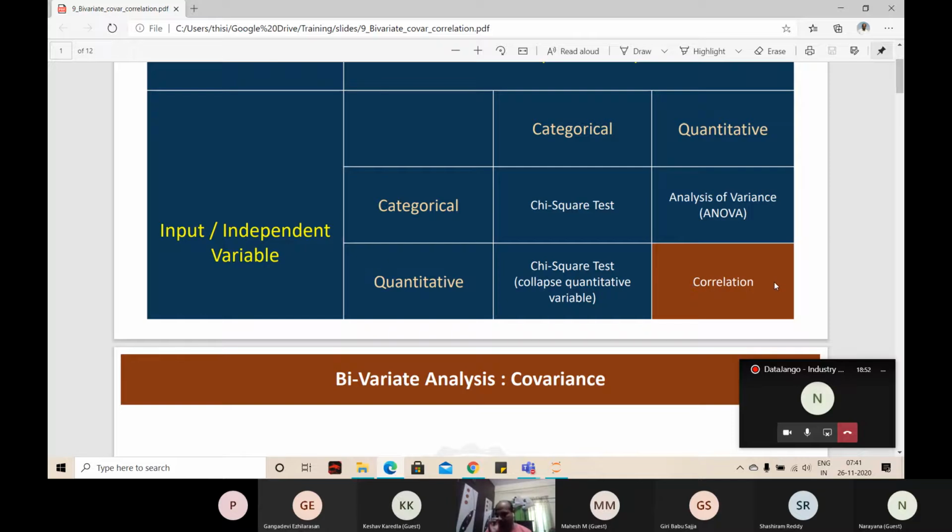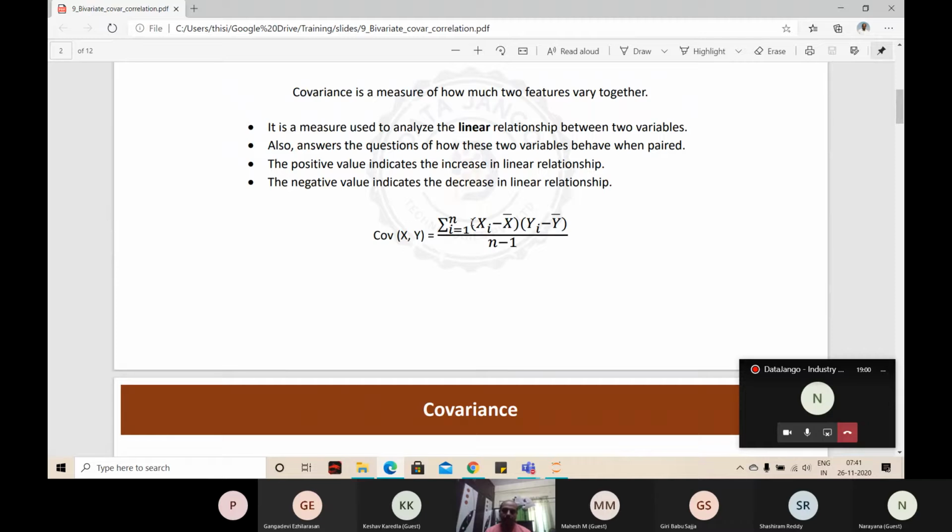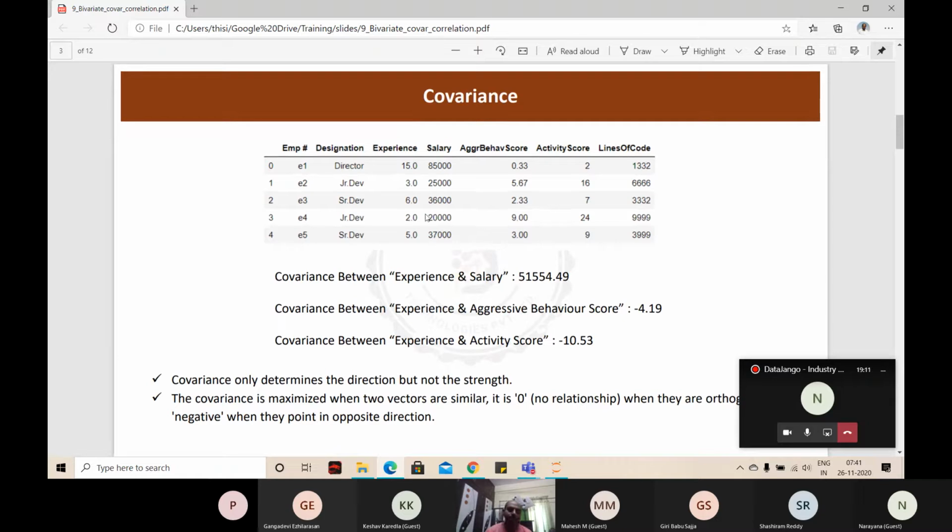It's an inferential statistical test, and it's a bivariate analysis. We are going to look into two columns. So there are two columns, x and y, and to calculate covariance you can use this formula, but covariance will give you direction only. Magnitude is not guaranteed, because depending on the values in the column, the covariance value will be very high or too low.